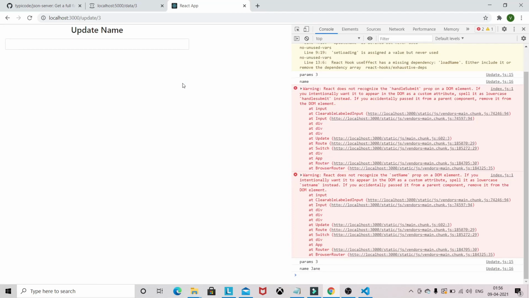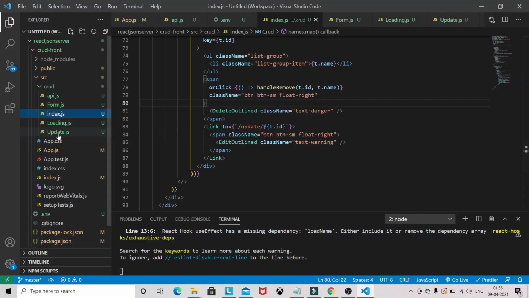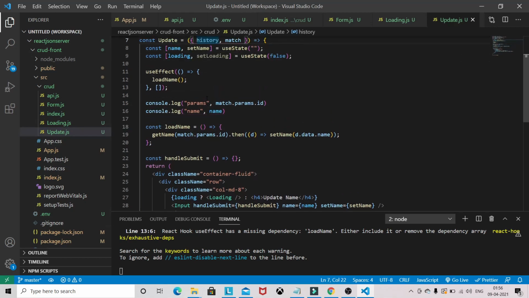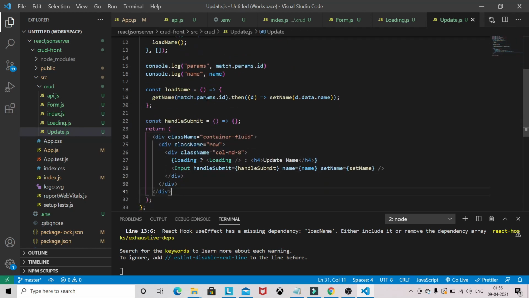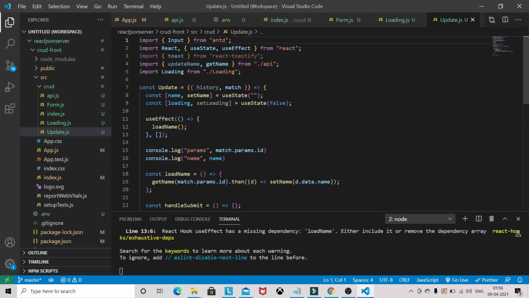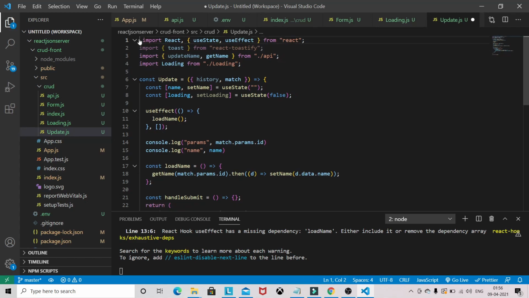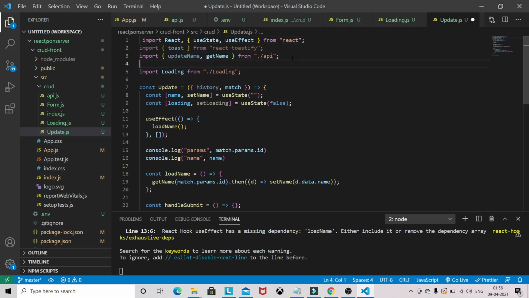No, we are not getting the value here. But it's setting the state properly from the API.